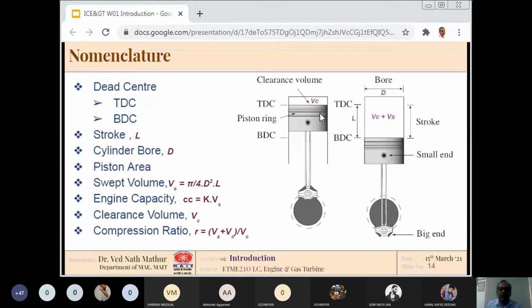You might have come across the cc of your bike or cc of your car, that your bike is 100 cc or 150 cc or 200 cc. Nowadays 700, 800, 1000 cc bikes are also available. The car engines, Maruti engine is 800 cc or 1000 cc, WagonR 1000 cc or 1200 cc, and there are truck engines of 2000, 4000 cc. So that cc